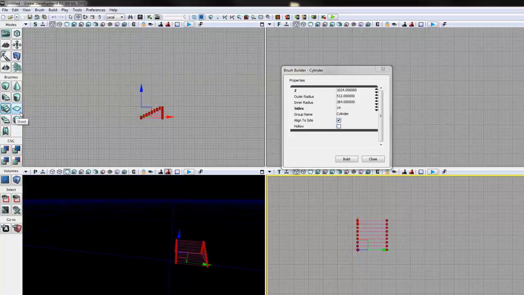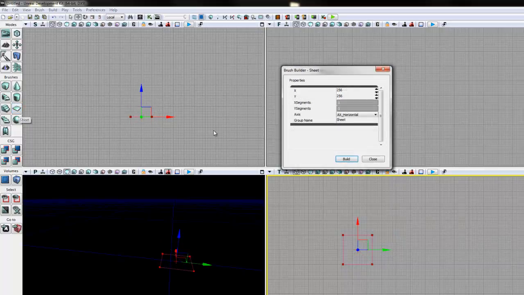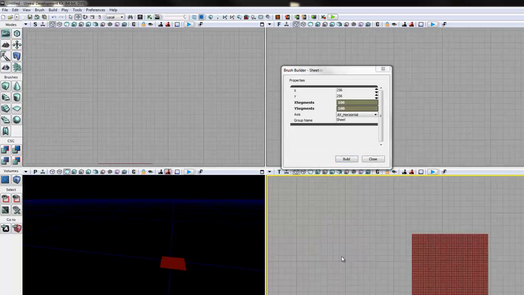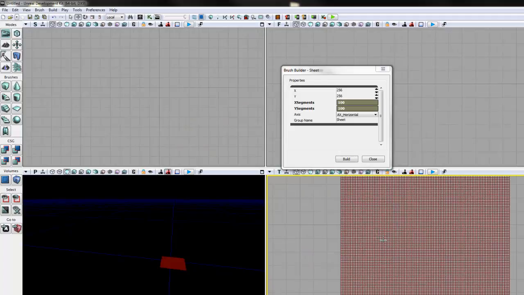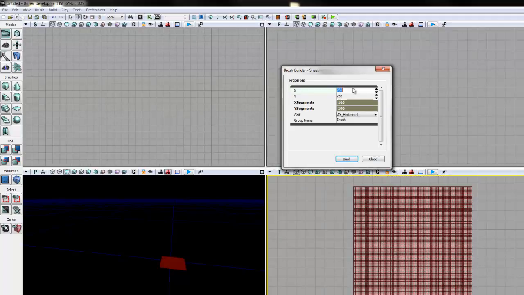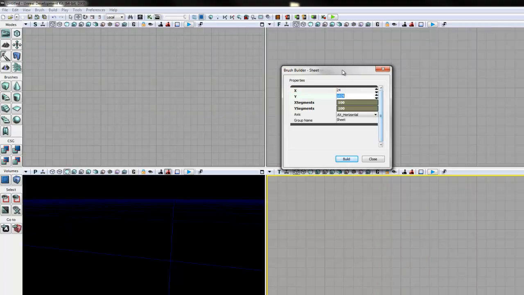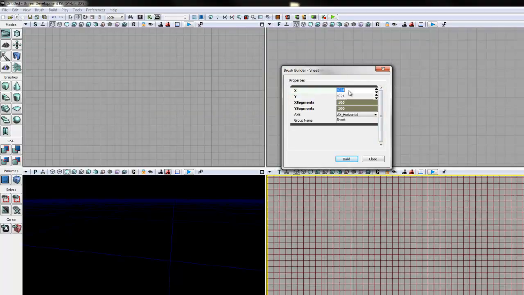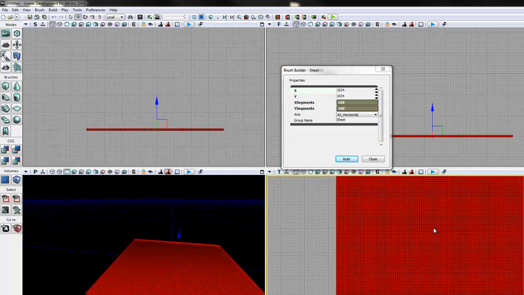There's a difference between sheet object and brush, cube brush. If you click on the sheet brush, you'll see that you can change the size of the sheet. You can have multiple segments in X and Y. So here X and Y are one segment. You make it, for example, 128 by 128. Then you would have a kind of grid pattern as you see here,